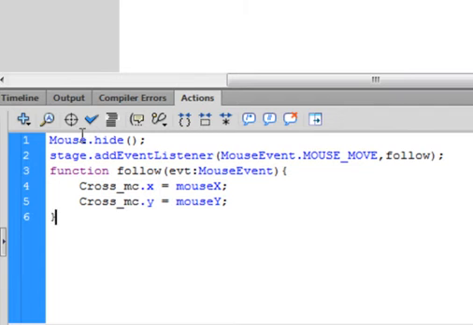It says mouse period hide, capital M, small h, that'll turn blue if it's spelt right, open close bracket semicolon. We want a stage event here, stage, S-T-A-G-E, turns blue, period. Add event listener, small a, capital E, capital L, that will turn blue if it's spelt right, open bracket. It's going to be a mouse event, capital M, capital E, that will turn blue, period. Mouse underscore move, all capitals uppercase, mouse underscore move,